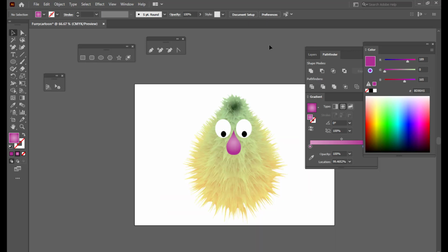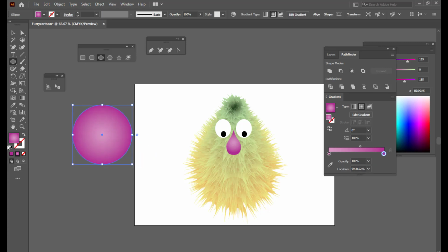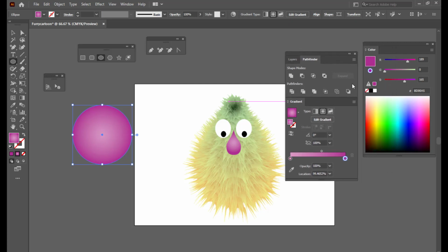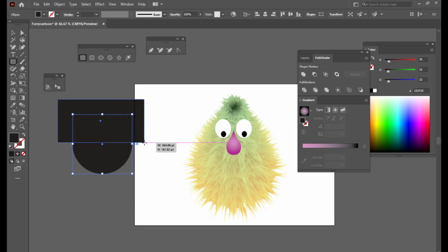Right, now we will create mouth. So we'll simply select the ellipse. We will apply a pure black color to this. So how we can apply a black color? Yeah, we'll just apply a black color and we will cut this. So the way to cut it is we'll select the rectangle tool and we can actually just put the rectangle exactly to the half of this ellipse,